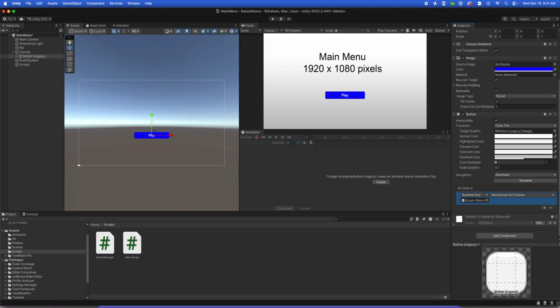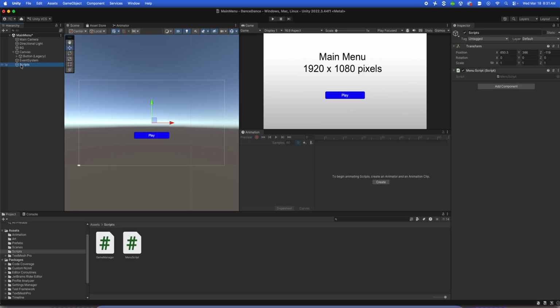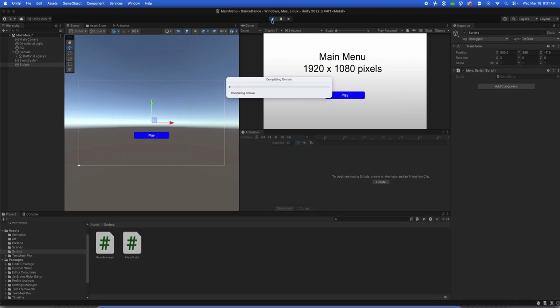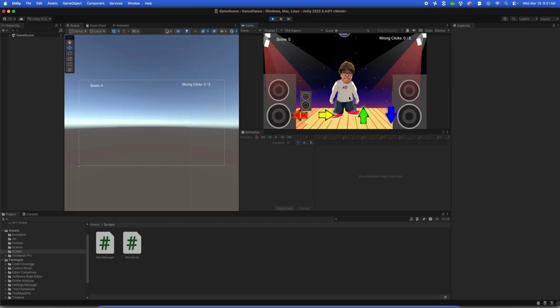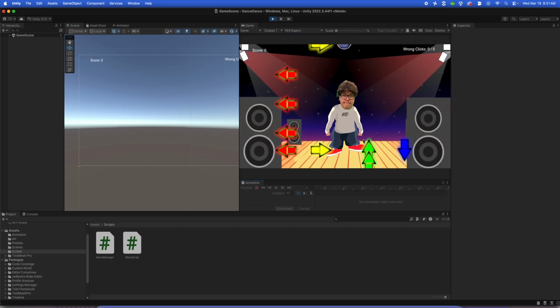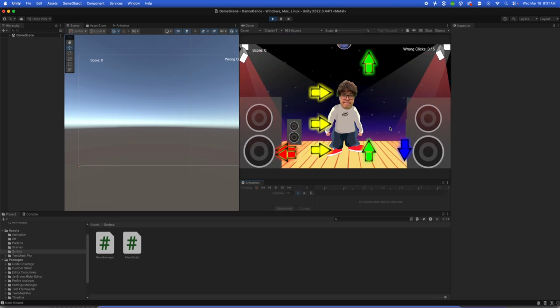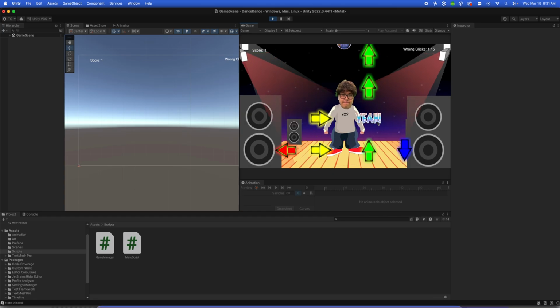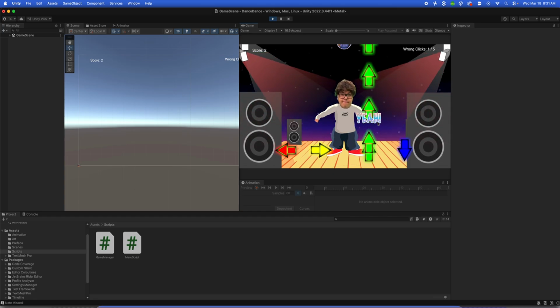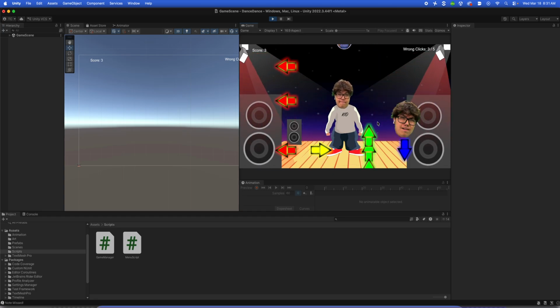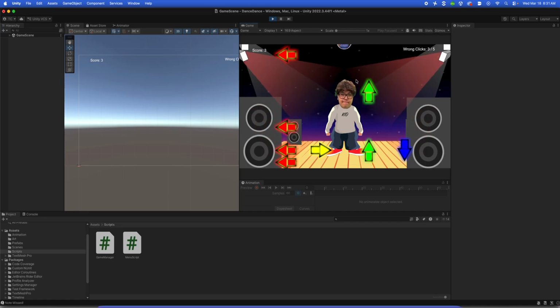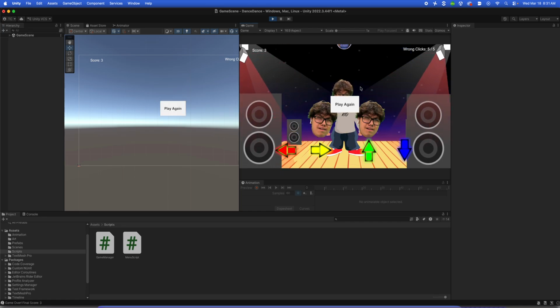Okay, so we wrote the script, we attach it to the button, it's sitting on this game object. The script is sitting on that game object. And now when we push play, it loads up the game scene, and it just plays. Okay, and you could just go ahead and play it. Right? Okay. So we'll put the sound in there next, and then